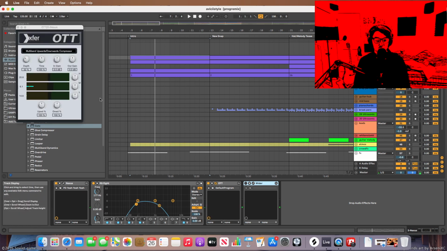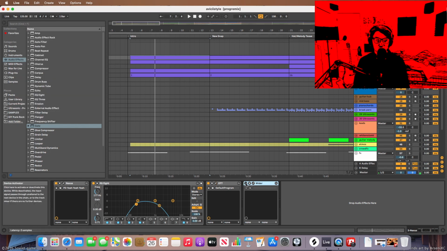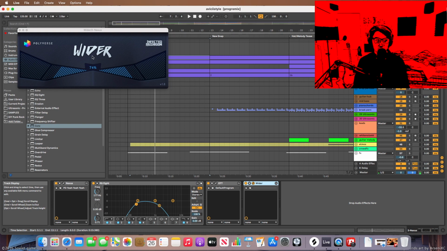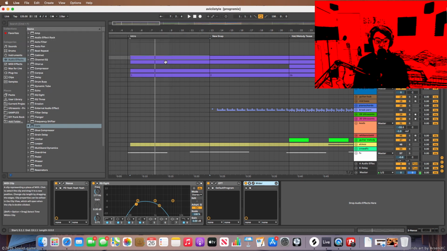Next thing is OTT. Again, used by everyone a ton, partly because it's free, partly because it sounds great. No shame in using it. So we got a little bit of OTT for some sizzle, and then this other free plugin called Wider from Polyverse set at 74% to give it some stereo width. And stereo width is something that beginner producers, I think, should focus on more. I don't think it's talked about as much in